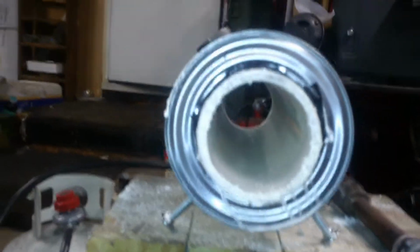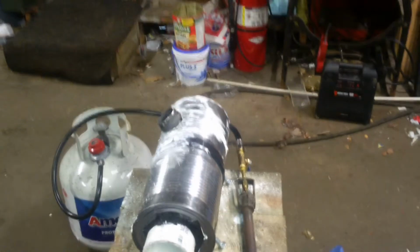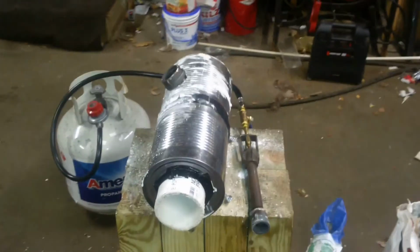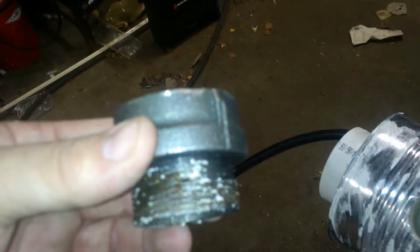I want to let it sit for a couple of days to finish curing. Initial cure is about an hour. I want to let it sit a little bit longer. Then there's a little bit of welding to do around the torch hole. Specifically, I want to weld these two pieces together